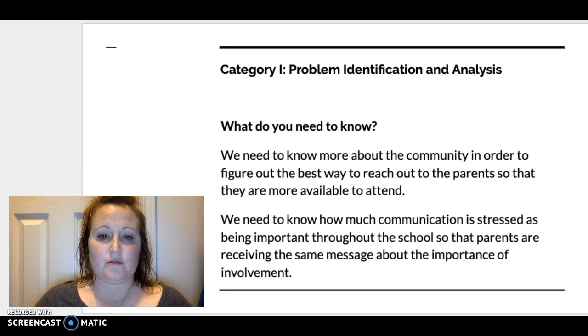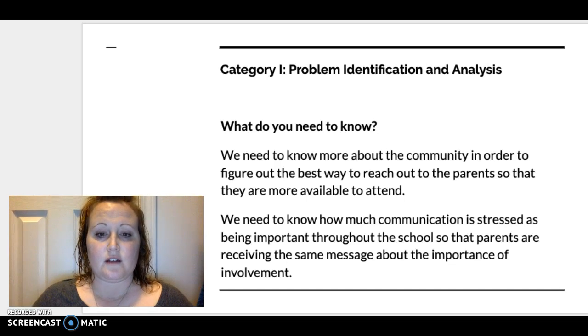So what do we need to know? We first need to know more about the community in order to make sure that we are reaching out to them in a way that is effective for them. Are they getting the notifications, and are we setting the time at a time that's available for them? Maybe a lot of them work at a factory and the night shift isn't available. They go to work at 7:30, so that time is not good for them. So we need to know some of these details so that we can make it easy for them to then